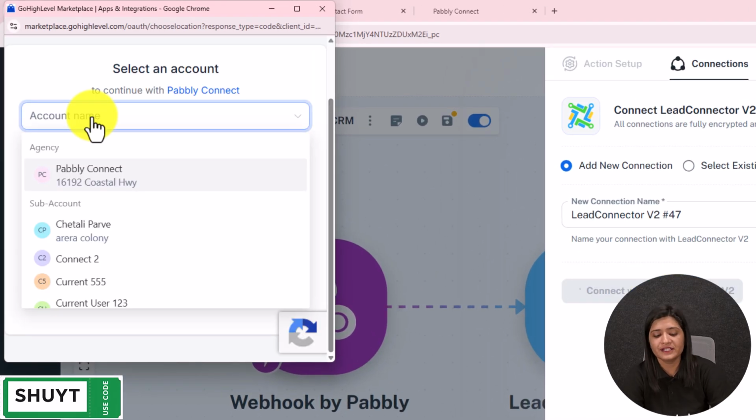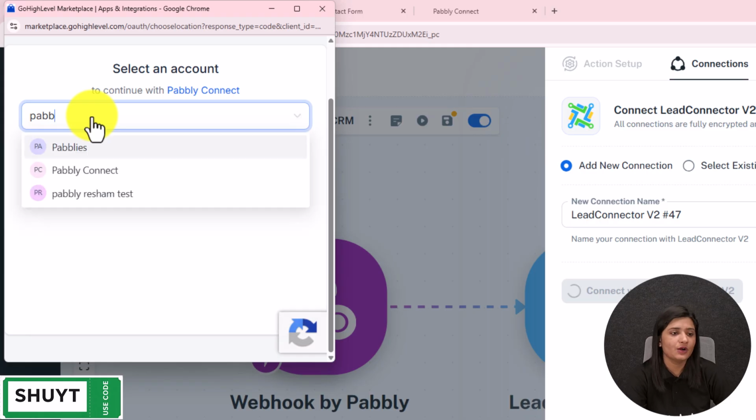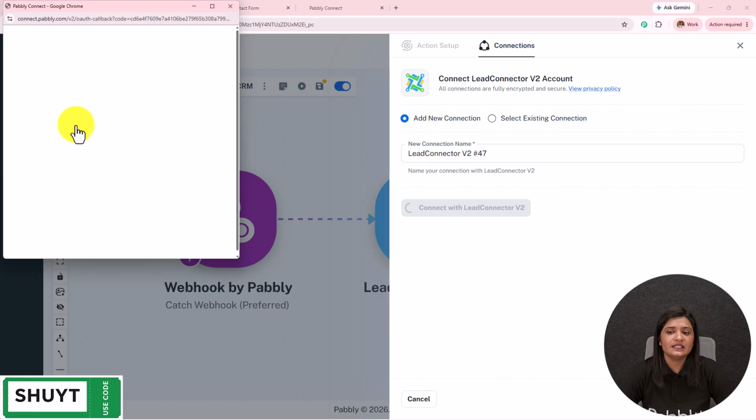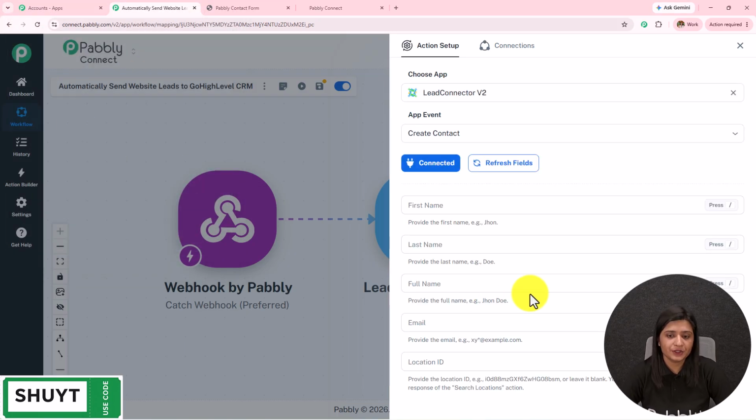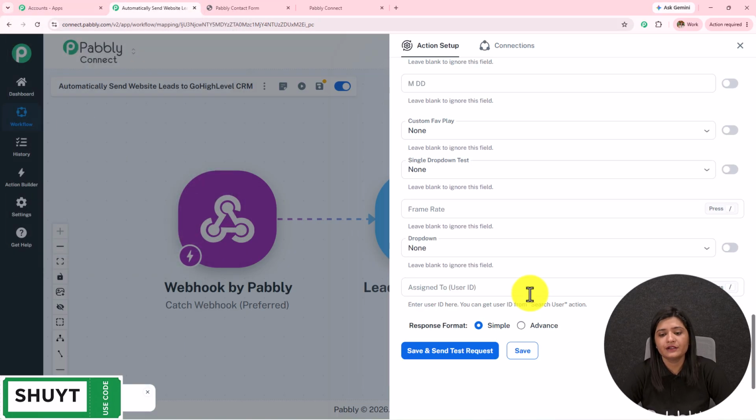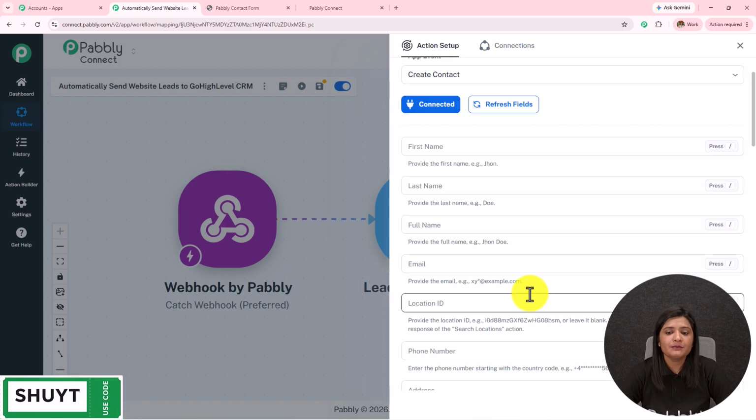Now over here, I've already selected my account. I have to select the sub account on which I'm working, which is this Pabbly Connect. So I'll select that, and you will see Lead Connector V2 or GoHighLevel will be connected to Pabbly Connect. Now I have to enter the details. Now over here, I'm not going to enter the details